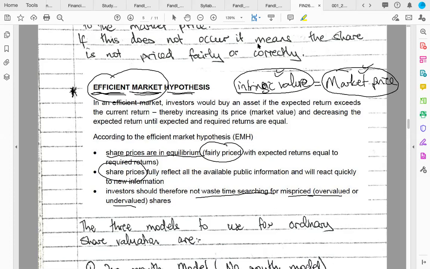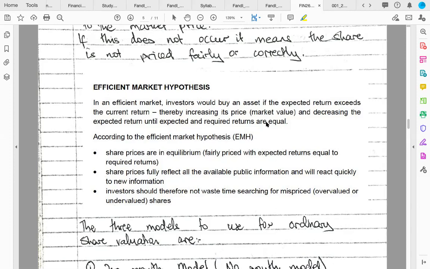And in an efficient market, what would happen is that if people view a share favorably, and they gauge that the expected return on the share is more than the current return that the share is giving, right? This would increase the price. In other words, people would demand the share more. They would start buying that share more and more because they see that this share is attractive compared to the